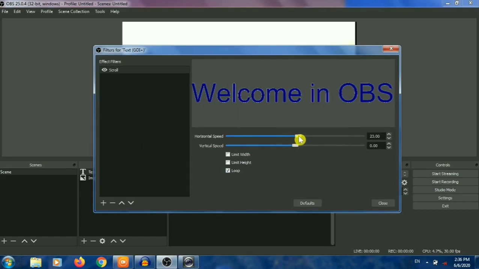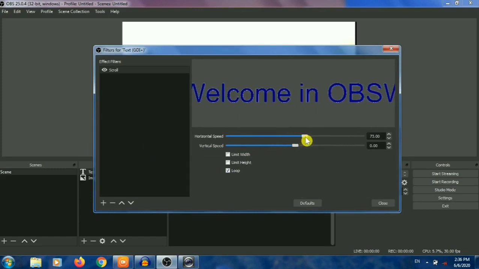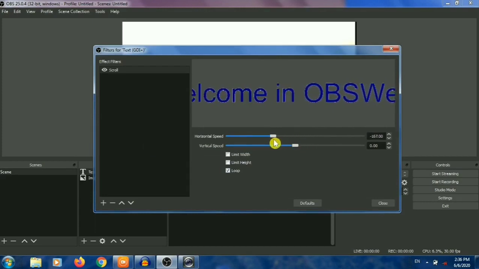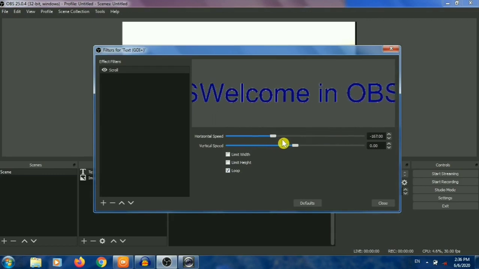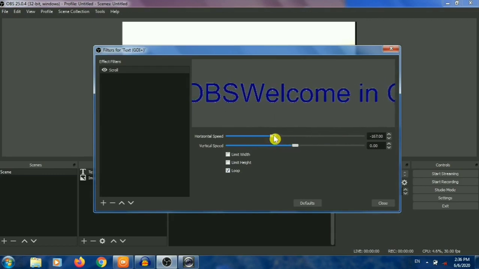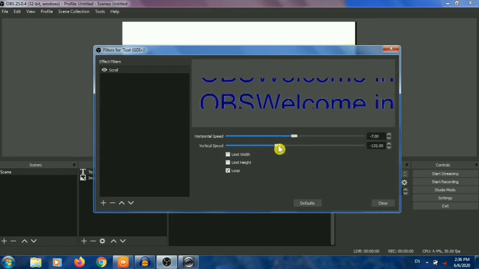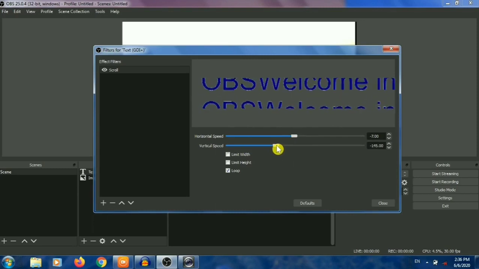We can adjust the horizontal speed of the text, left to right or right to left, or we can also animate our text vertically like this.